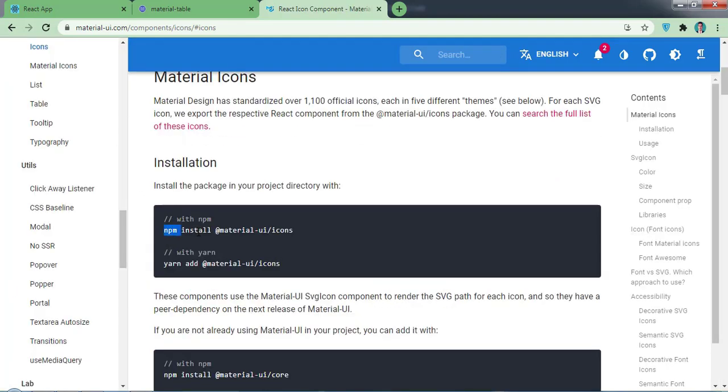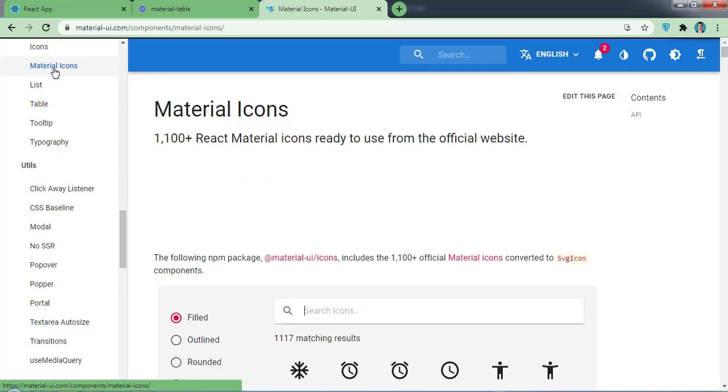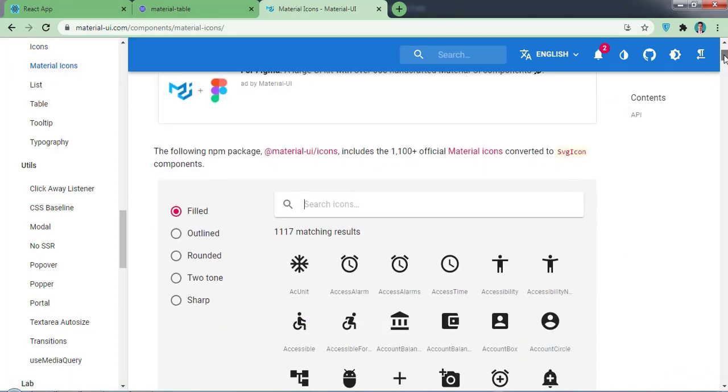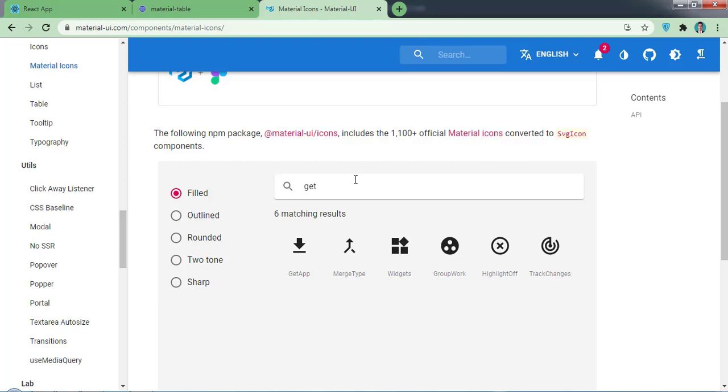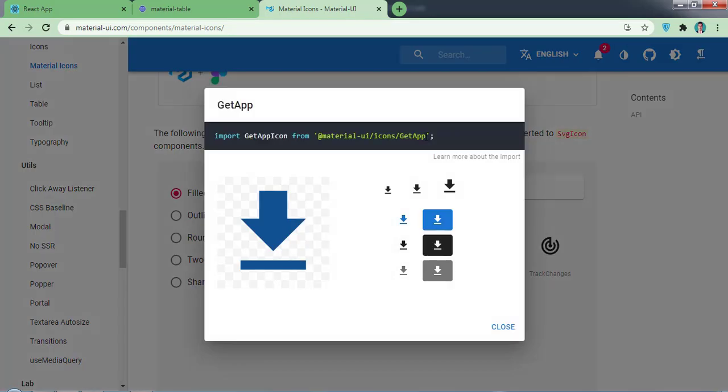Now we need to install this dependency to our project, and that is Material UI icons. You can find this package in the description of this video. Here as you can see we have one option, material icons. Click on this, and you can see we have 1000+ icons. What we are looking for is get F, and I got this one.